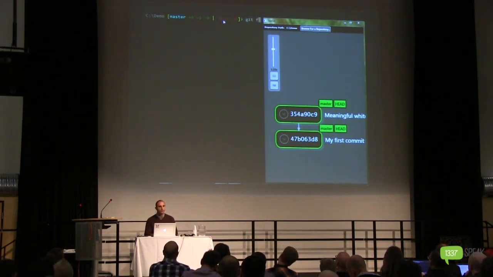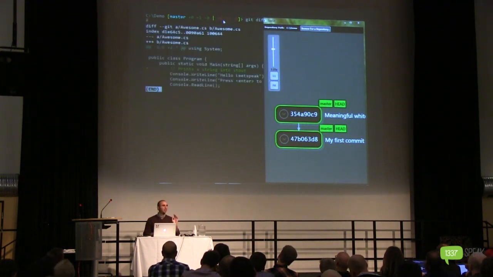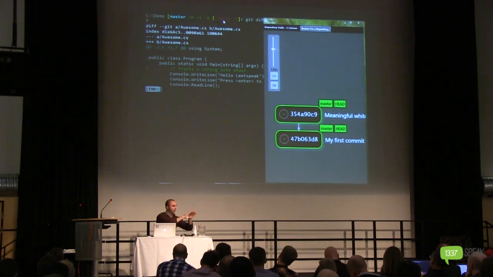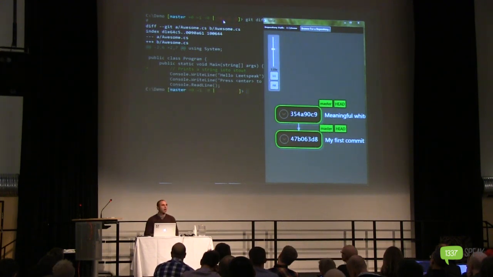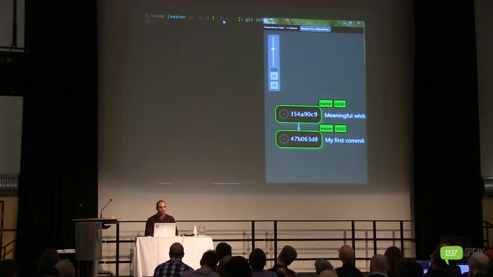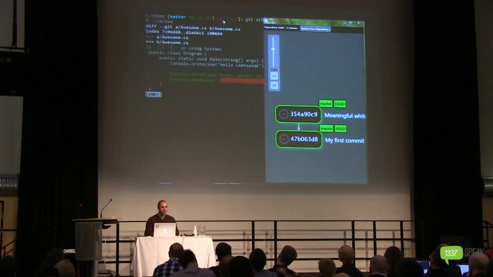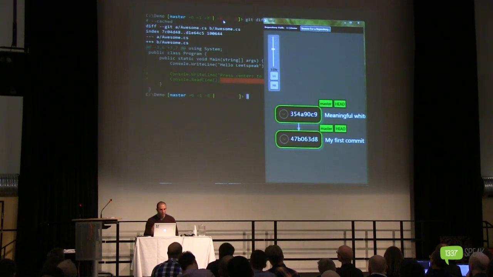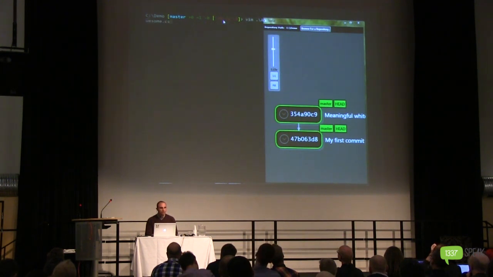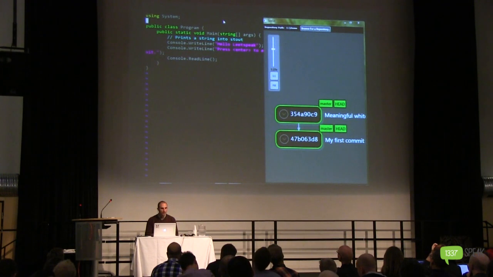Now notice this. If I say git diff, it's just showing me what's in my working directory, not what is about to be committed, because that's already been prepared. So how do I see the differences that are about to be committed? I say git diff --cached. Show me what's cached and about to be committed. And why do I say cached here? What do you mean? Well, I mean that if I make yet another change to this file and say remove